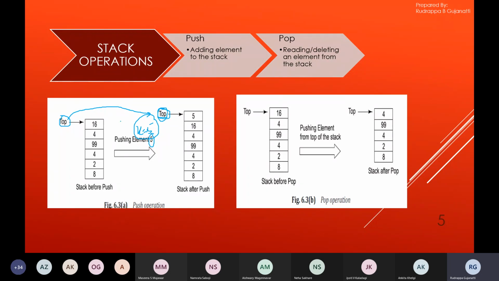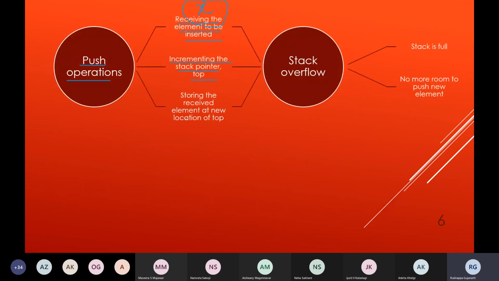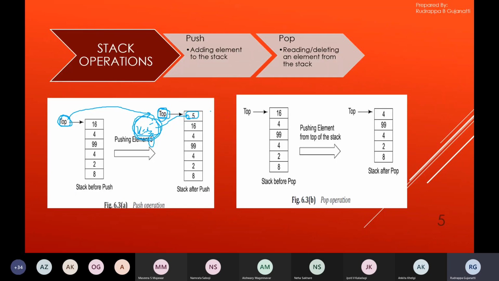So now we got access to the element which has to be inserted. We incremented the stack pointer or the top pointer, and it points to the new location. At that location, I'll be storing the element which I have accessed. It will be placed at the top of the stack.